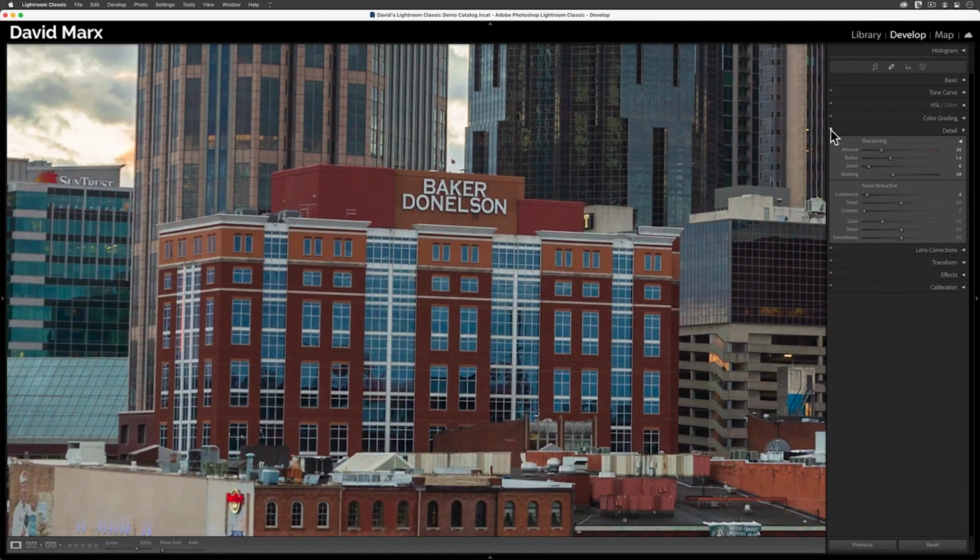When I activate or deactivate the details panel, then you can see what this image would look like with no capture sharpening applied and where we are now. It's subtle, but watch this sign here. What I hope you can see is that a little global sharpening makes this whole image a tiny bit crisper, but it does not target those changes to one particular part of this photo.